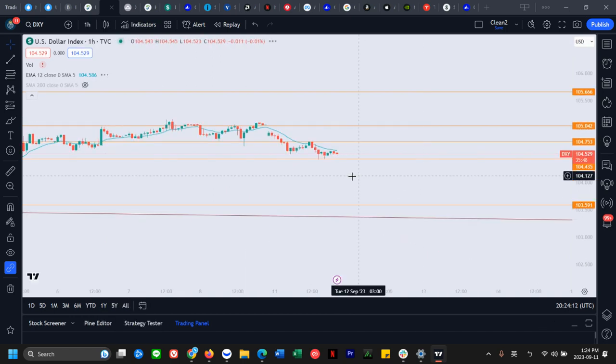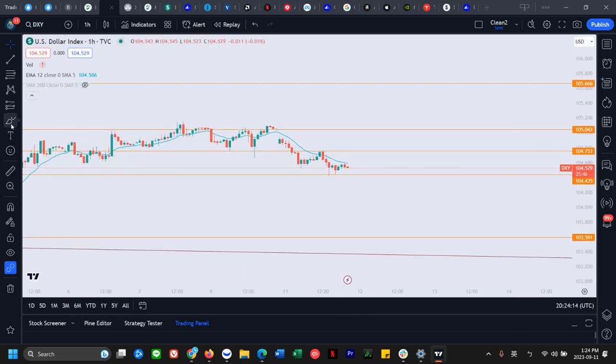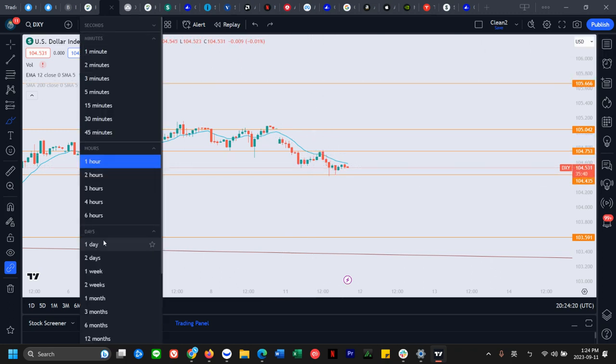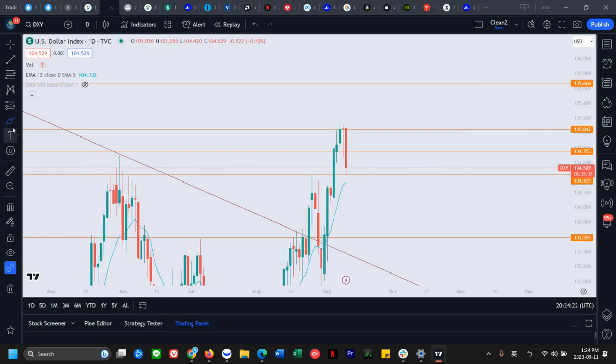And yeah, so let's take a look at hourly trend. So hourly trend now is our guide. So we have an hourly downtrend confirm on the dollar. So when hourly downtrend confirms, daily consolidation is on its way. Started the daily consolidation on Friday. And now we have further daily consolidation.